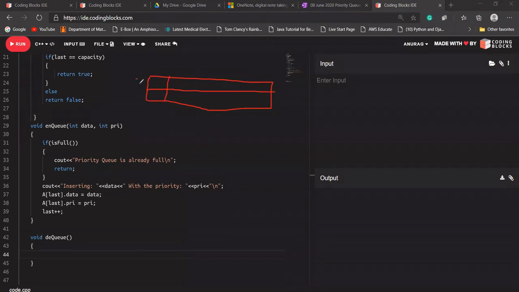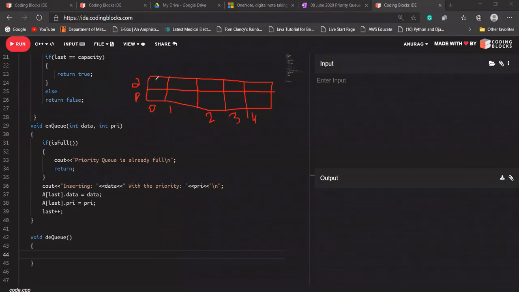The first will be data D, and the second will be priority P. So it will be index 0, 1, 2, 3, 4.